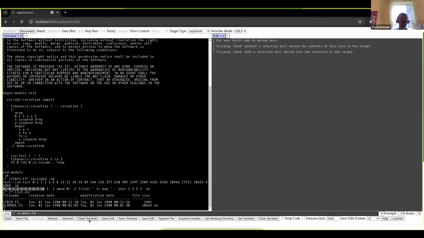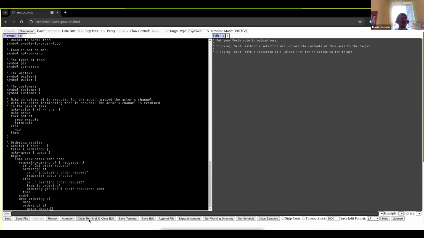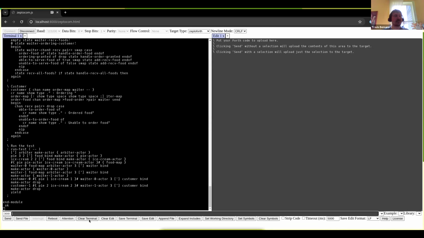This program is basically an implementation of an example from The Pragmatic Programmer, which I read when I was on vacation in June, and I felt like I wanted to implement this example itself using actors, or at least the closest to an actor that I can make within Zeptoscript,